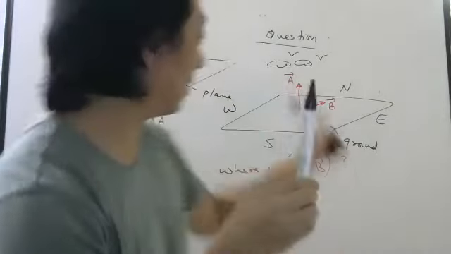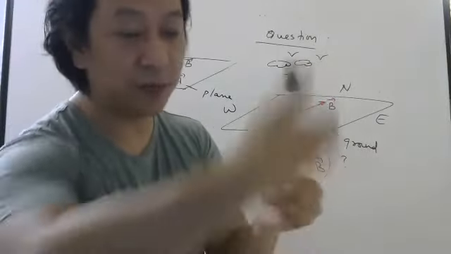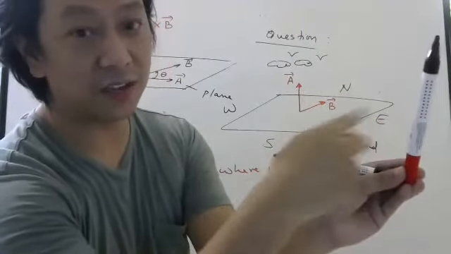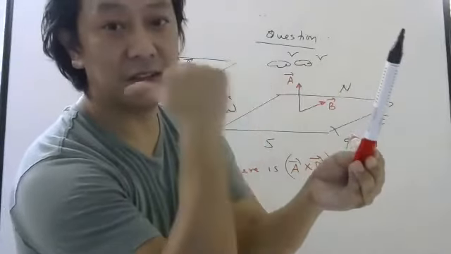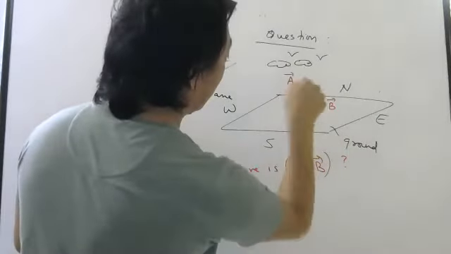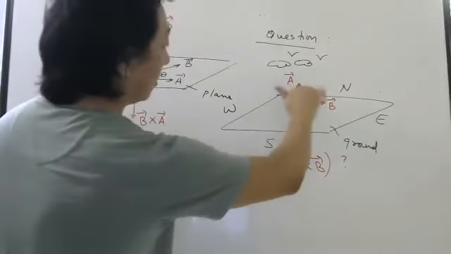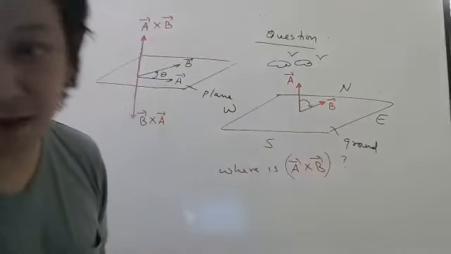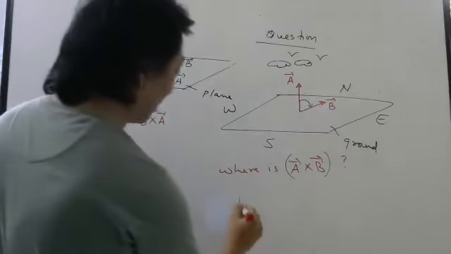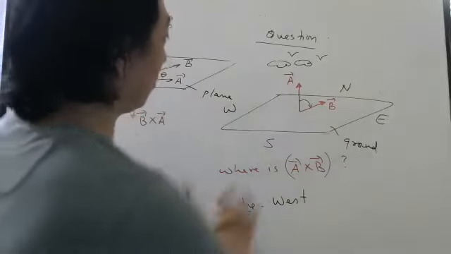So my first vector is up. Correct? First vector is up. Second vector is that side, north. So now the cross product will be perpendicular to this. Now I want A cross B, so I have to rotate my fingers this way. So A cross B, where is this? If I do A cross B, here is A, B is inside the board. Where will be my thumb? Towards west. So the answer is west.